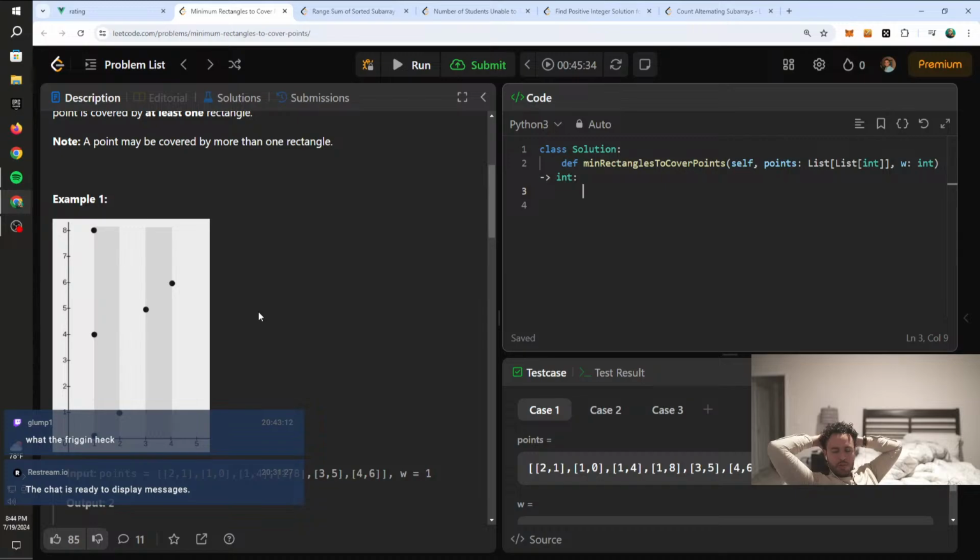Like, I don't need to worry about the y. So I really just need to worry about the x when it comes to how many rectangles I'm using. So maybe I'm looping through the points and